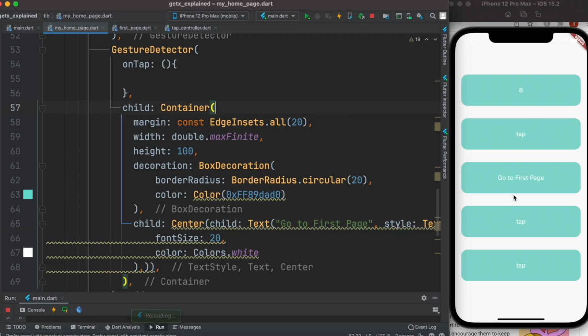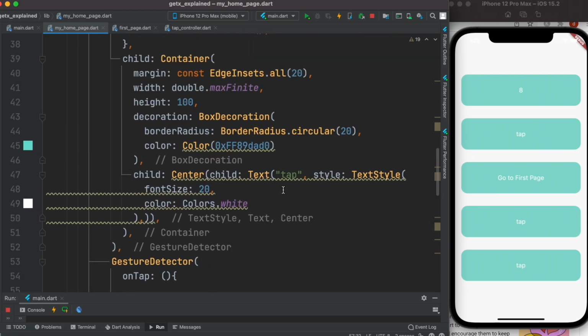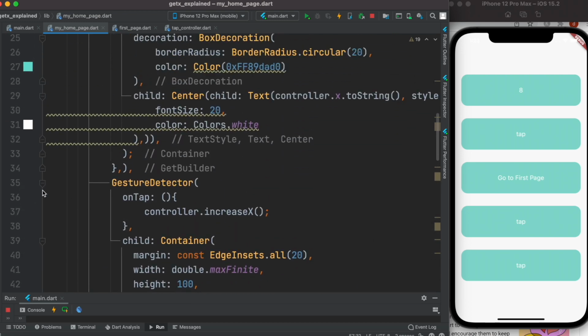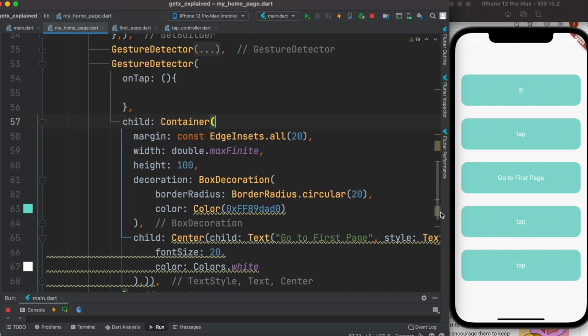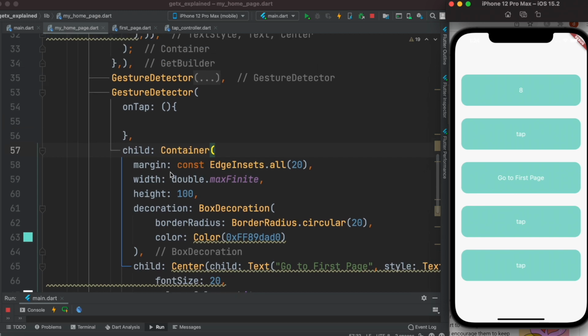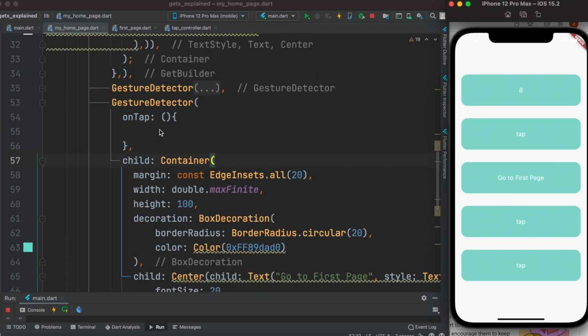Oh, I think it was the third one, but it really doesn't matter which one it is. Okay, so second one is this one. So what we want to do, we want to click on this, we want to go to this first page. Okay, all right. So now here we do have this one,